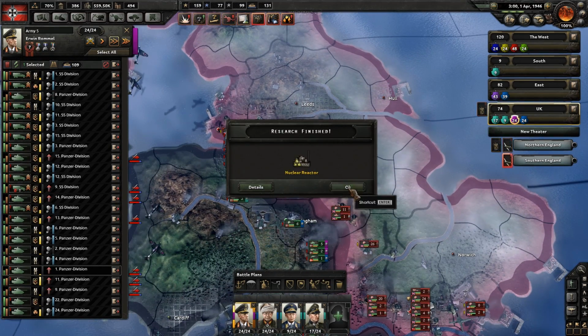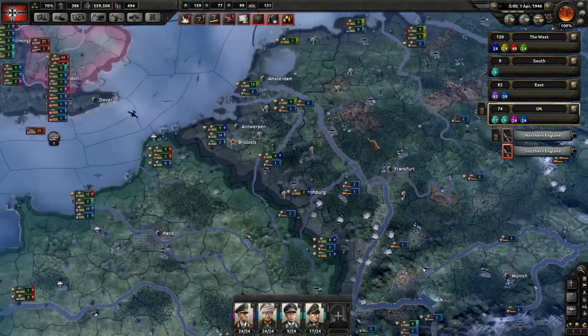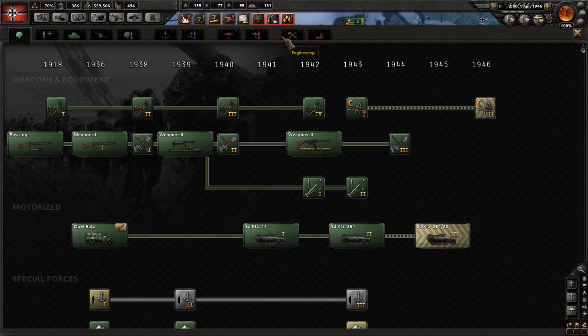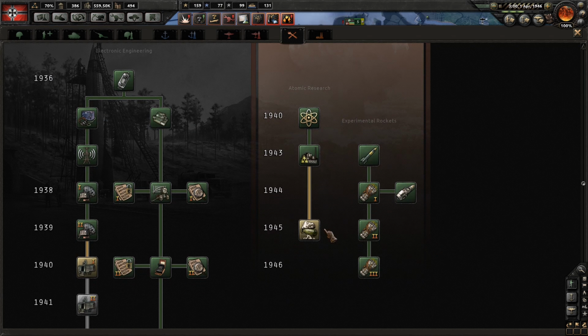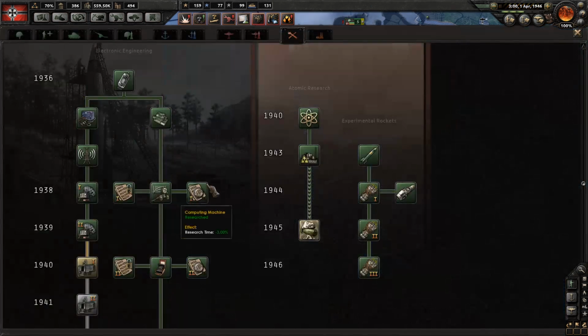Okay, we got anti-tank weapons and the reactor at the same time. Alright, so first things first, reactor. I'm going to need to keep advancing that tech, as that is kind of a longer game. It takes almost a year to get this tech going, so we're not going to have this until sometime in 1947, so a little bit late. Maybe I should have been working on this earlier. And then we need...